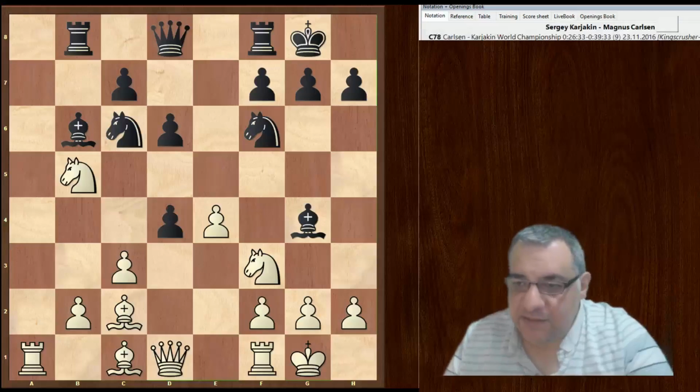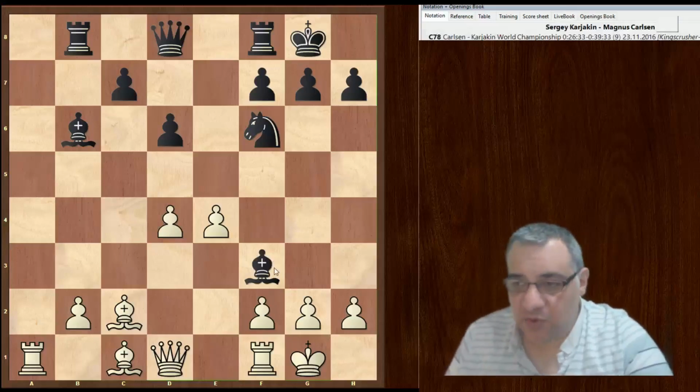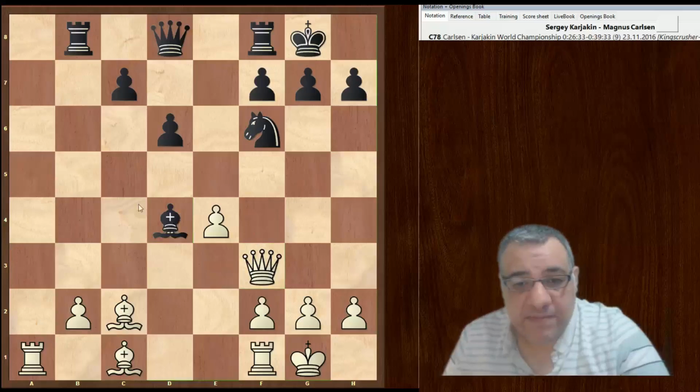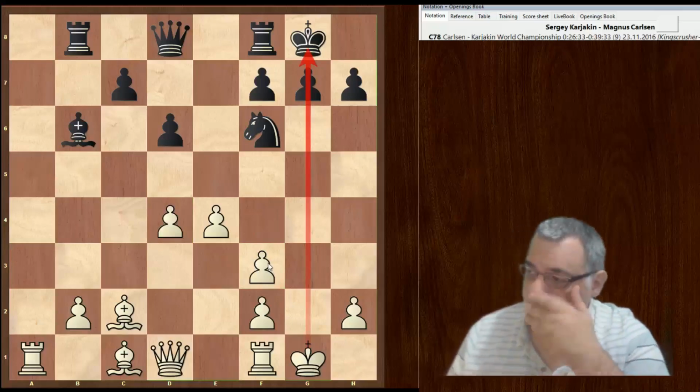E takes, knight takes, knight takes, c takes, and black's idea is to damage white's pawn structure if white wants to hold on to this pawn, which he does actually, because after queen takes, then black would have no problems. After bishop takes d4, black might even be slightly better. So we have g takes f3, and